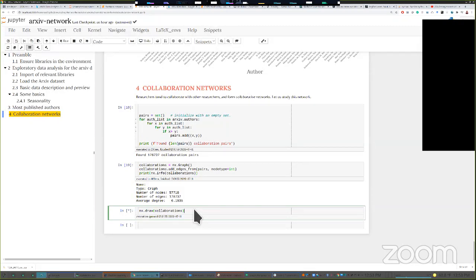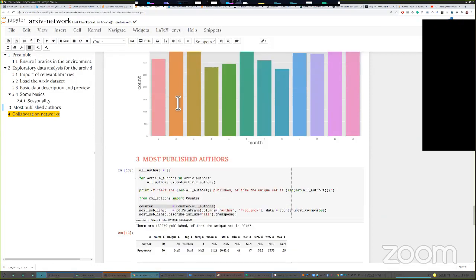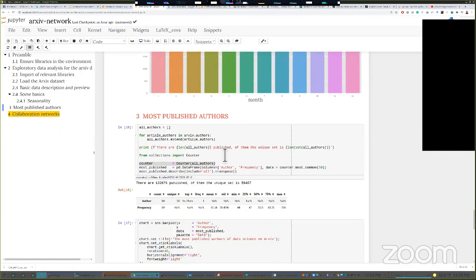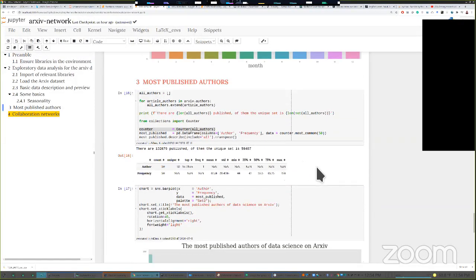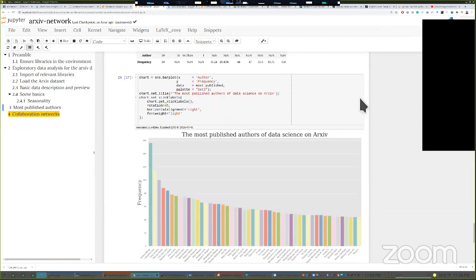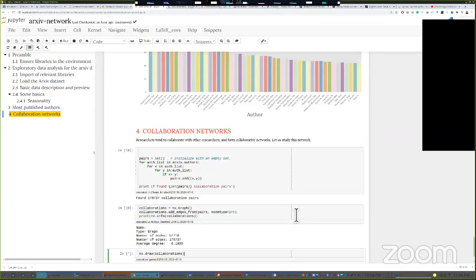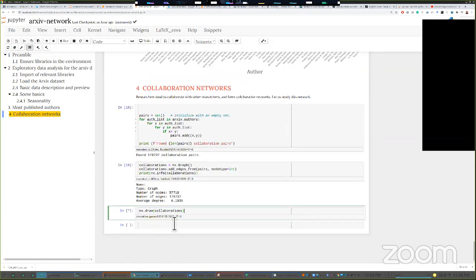So one easy thing you can do instead of just sleeping over it is, instead of taking the entire graph, you can take the graph of the 1,000 or maybe 100 most prolific writers. So you can say, I will take only 100 writers and look at the collaboration network amongst them. That will be easy to draw. So you can take that as a challenge. How would you draw the collaboration? So let me write it down.